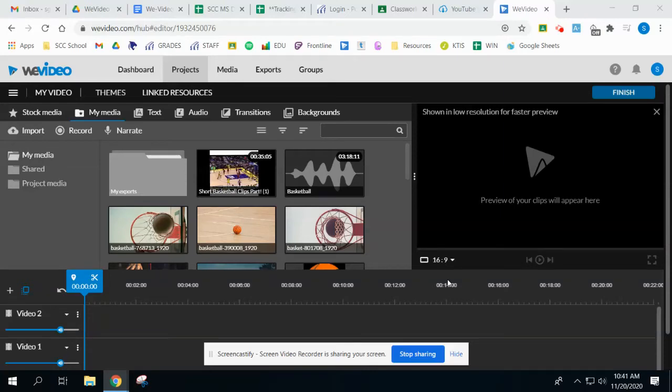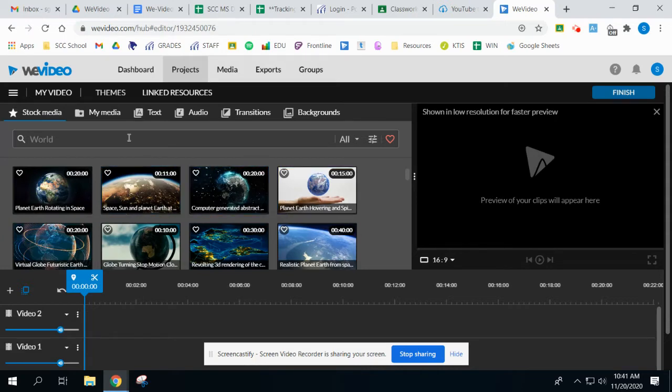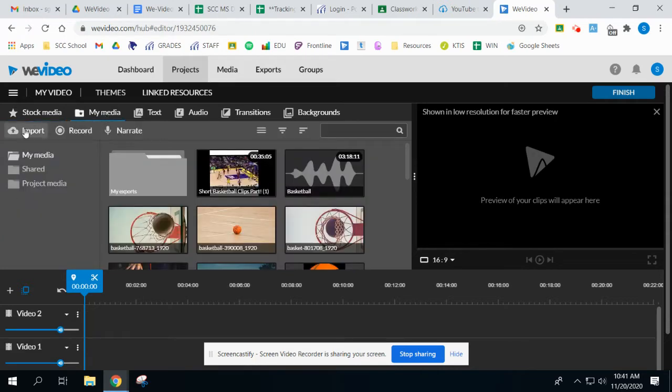Okay, I'm going to show you quite a few features that WeVideo has to offer. The first thing is if you do not have any media in here, make sure you are on this media tab. Stock media is stuff that's already in here that you could use, but my media tab,